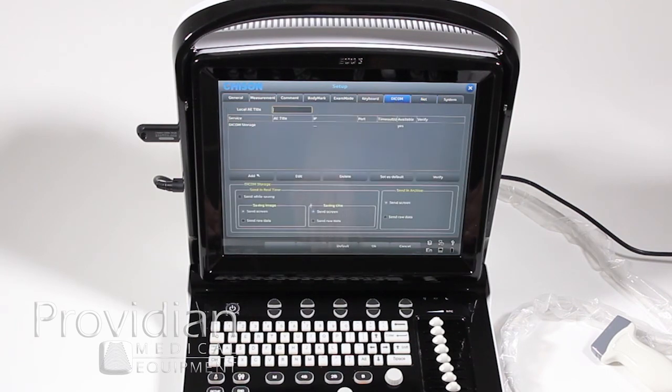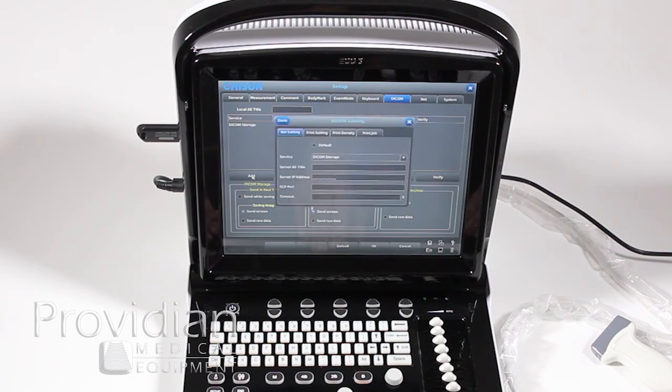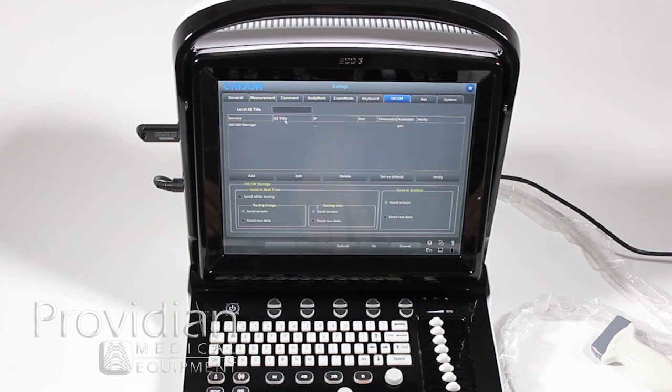But for DICOM, what you want to do is you can add a service here. Come on over here and choose DICOM storage, work list, print, or structured reporting. And here is where you would enter the DICOM server information, your AE title, IP address, port, and how long the timeout is, which is how long you want it to try before it says I can't send an image if there's a problem. Same with DICOM print. We don't have one set up, so there's nothing I can do to change it. And then I would also say this is the default if DICOM storage is the default. So if we add one, click done, and it would show up